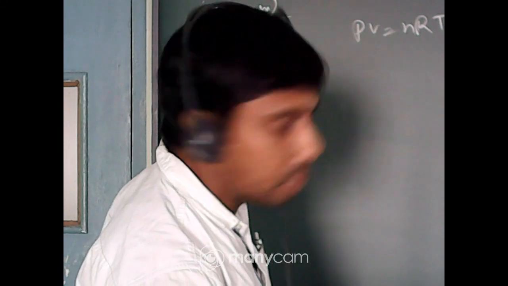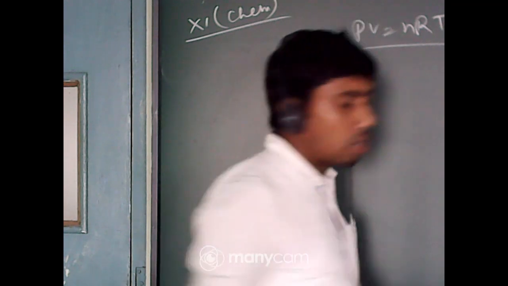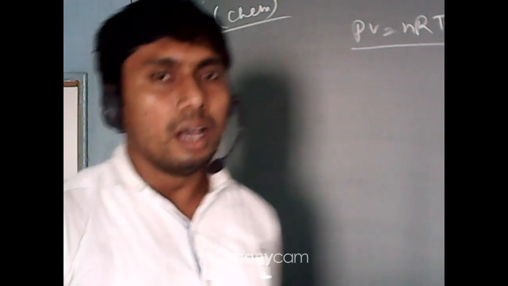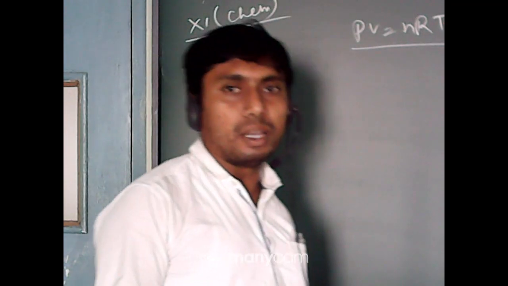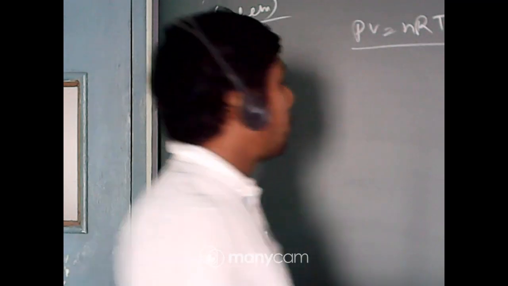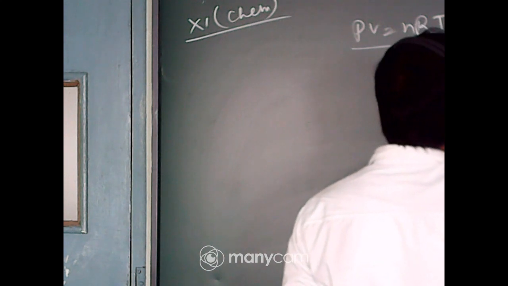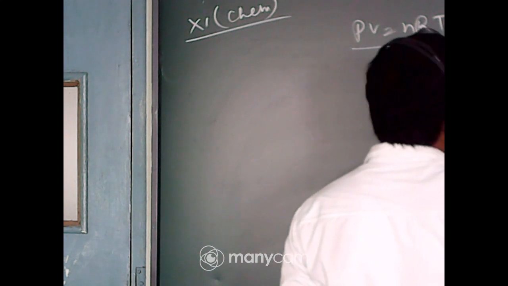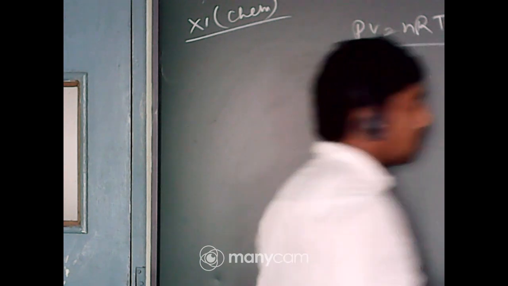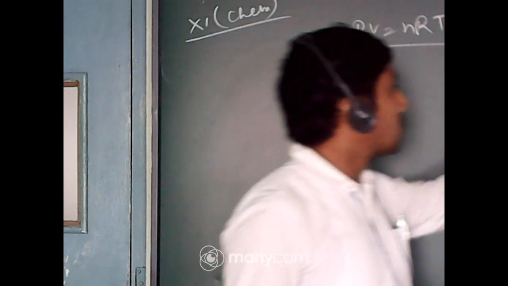Parameters, that is P, V and N, etc. From Boyle's rule, V varies as 1 by P; from Charles' rule, V varies as T; and from the last, Avogadro's rule, V varies as N. Now with respect to these, V varies as 1 by P, V varies as T and V varies as N. In every case two parameters are constant, because there are 4 parameters: P, V, T and N.